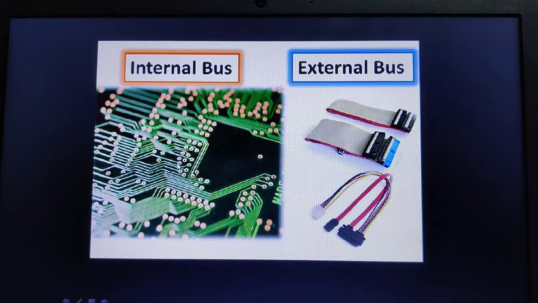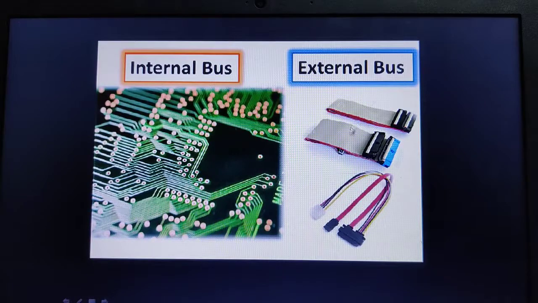Usually the internal buses are mounted on the motherboard itself. They are nothing but parallel wires. This kind of external bus, also called an expansion bus, is always used by peripheral devices, like the hard disk, CD-ROM drives and flash drives, such as your pen drives, external hard disk or CD-ROM. It connects the different external or peripheral devices through expansion slots, input output ports and drive connections to the processor. Thus it expands the capability of your computer system.